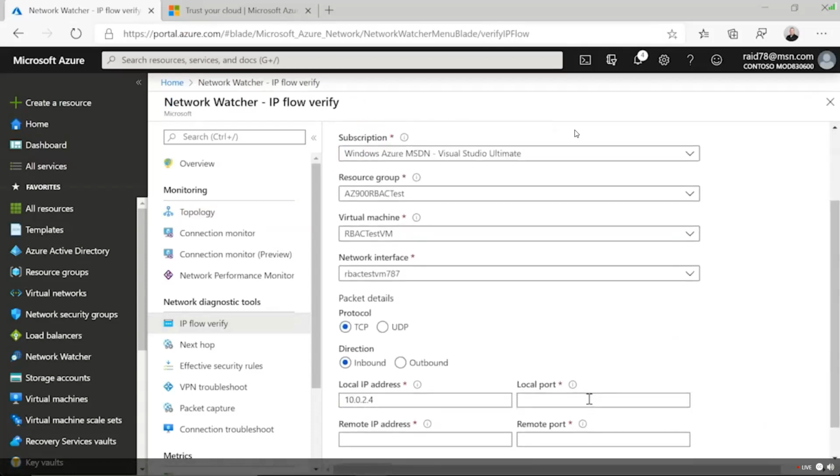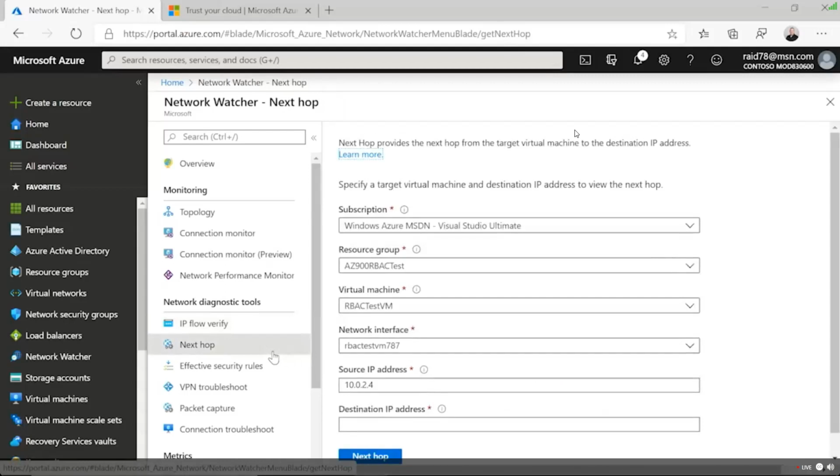When you start working with network security groups, you have to start to understand how you troubleshoot it. So IP Flow Verify is a way I can essentially do a ping at the Azure level. So I don't have to worry about diving into the virtual machines, what's the password? Hey, can I get from point A to point B when I have VMs involved? And the other one we have is called Next Hop. This is the equivalent of traceroute that we have inside of Azure as well.